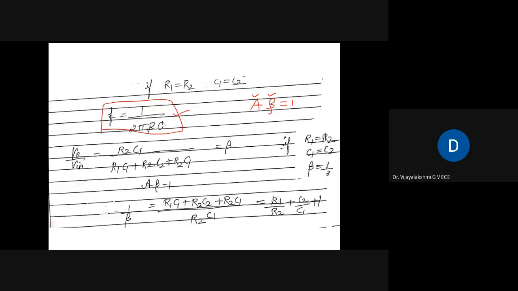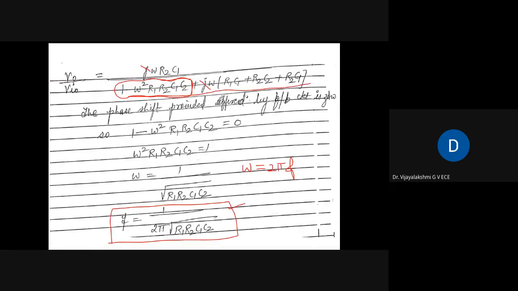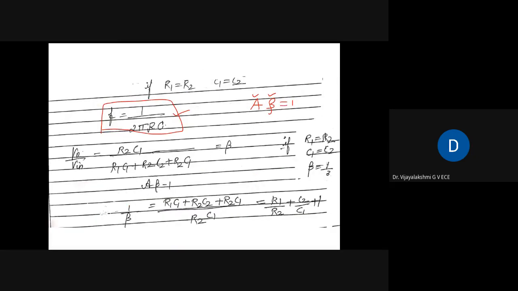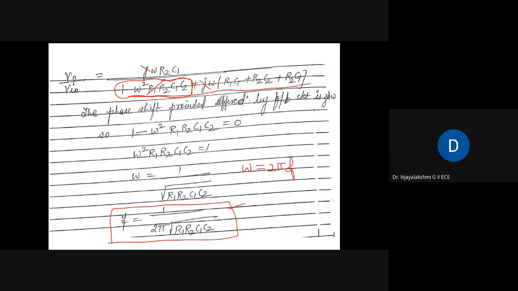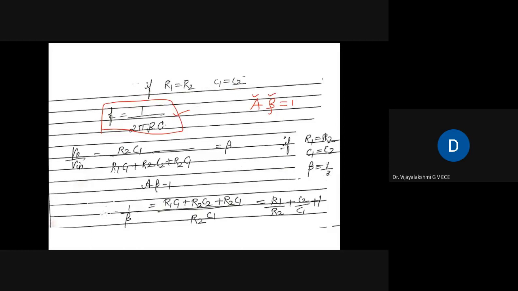It's very simple. Now, in this expression V naught by V in, whatever expression we got, to find out the frequency, this term we made equal to 0. Yes. After making this term equal to 0, what is left out? J omega R2 C1 divided by this whole thing. And in this, once again, J omega will get cancelled. So I have, now come back here, V naught by V in is equal to R2 into C1 divided by this sum of these components. Yes, R2 C1 divided by R1 C1 plus R2 C2 plus R2 C1. This is what we are left with after making this term equal to 0.